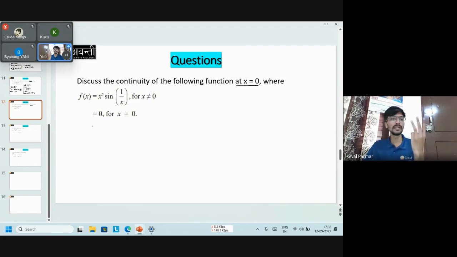We have to evaluate three things. The functional value at x equals 0, which we can clearly see is 0 from here. Then the limiting value, and the function will be continuous if both the values are same. So let's find the limiting value. So limit,